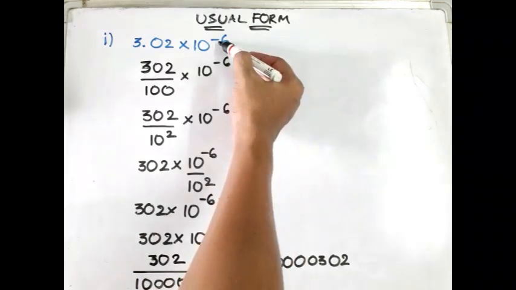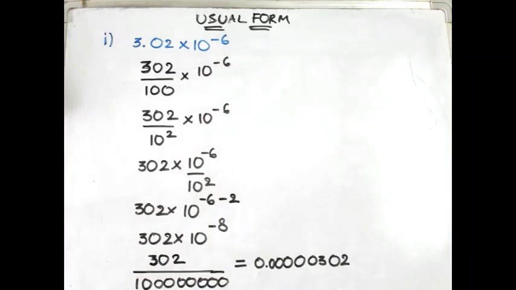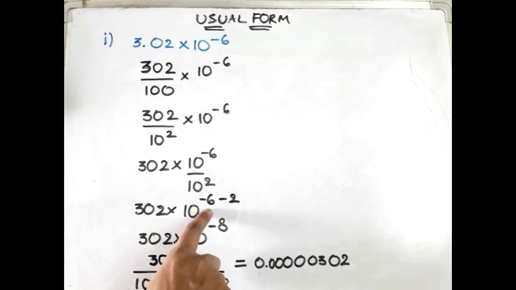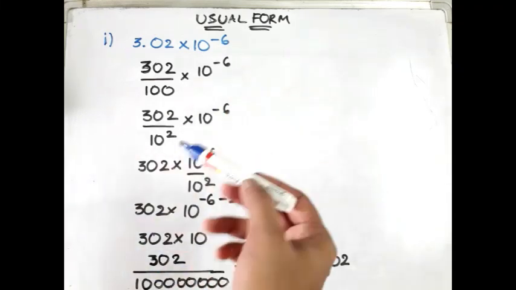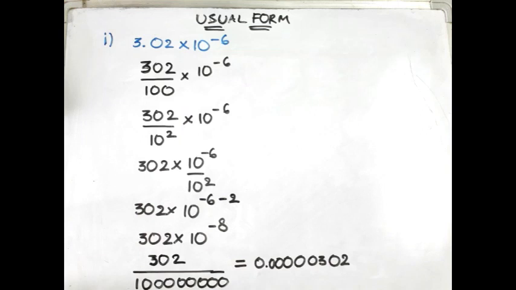If instead of minus there is plus, you have to take the m, like plus 6 minus 2, then you will get plus 4. So this is the way you have to write the given numbers in usual form. And I want to make clear that there exists a variety of methods to do these problems, like standard form and usual form. You can carry on with any method. As long as the answer is correct, the marks will be given.